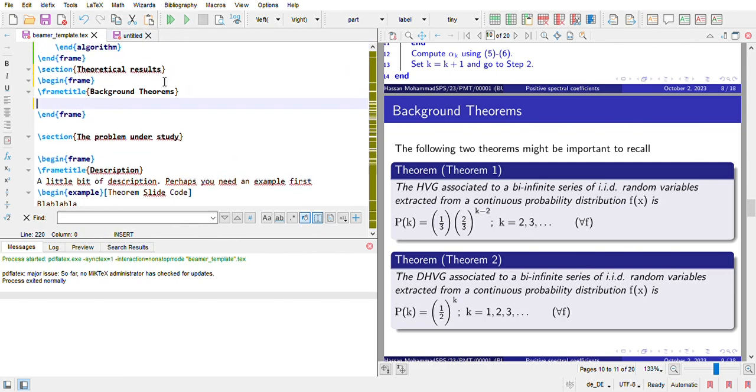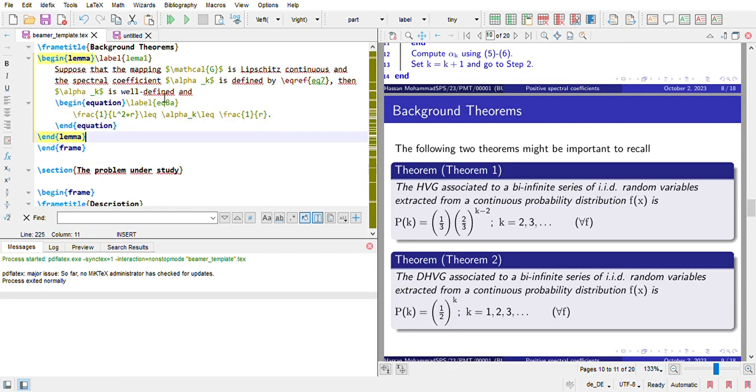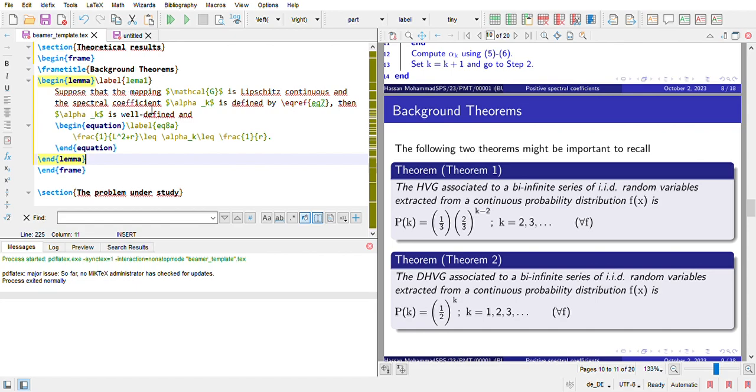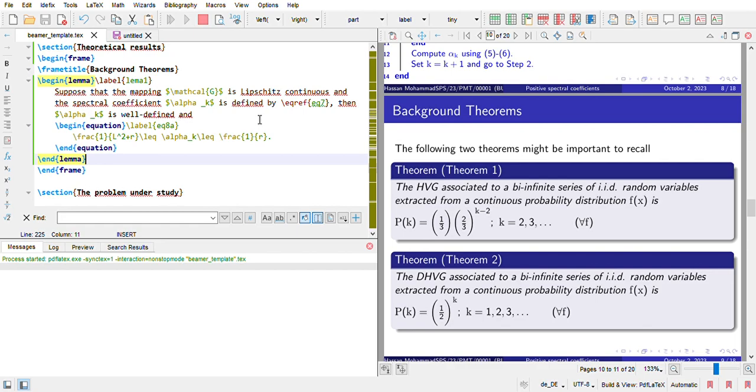So first of all, there is the first lemma. I have copied it. The statement of the lemma is there. Begin lemma, lemma 1. Suppose that whatever. So I have already pasted it. So next, I think we have another lemma. I don't know whether two lemmas can come out in one slide. If that is the case, it is okay for me, because I can even put three lemmas in one slide, which is better,